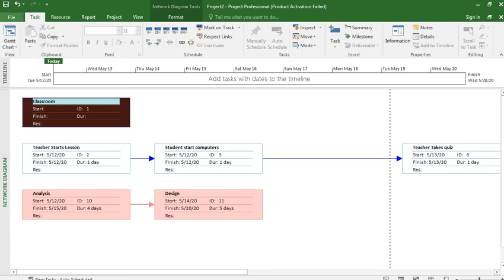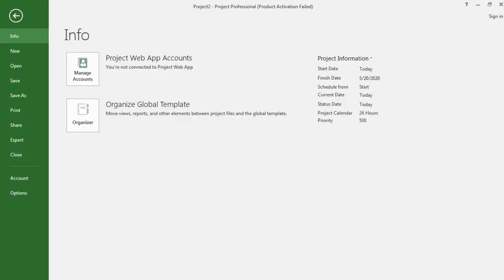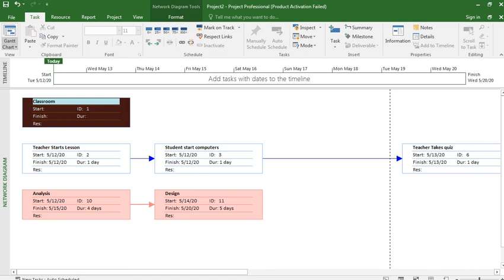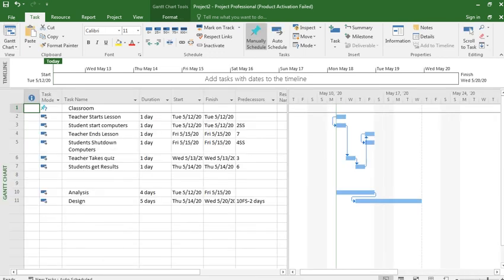These are all hypothetical. If you go here and see the Gantt chart, this is all hypothetical. One day, you can put minutes, you can put different days.